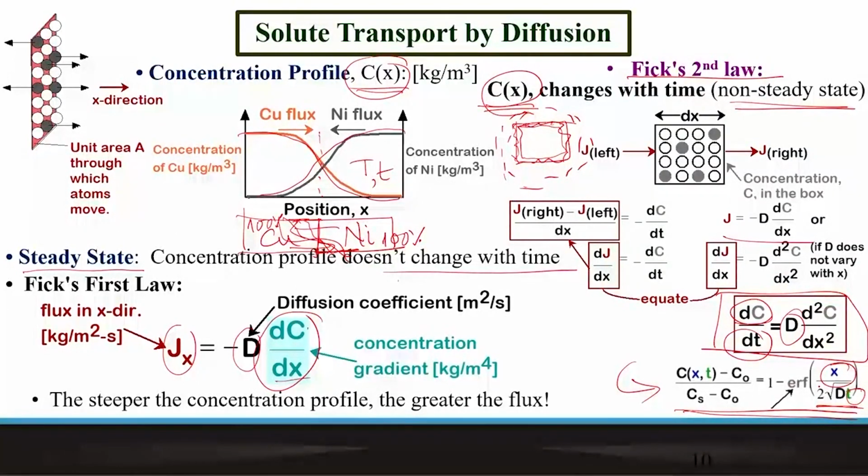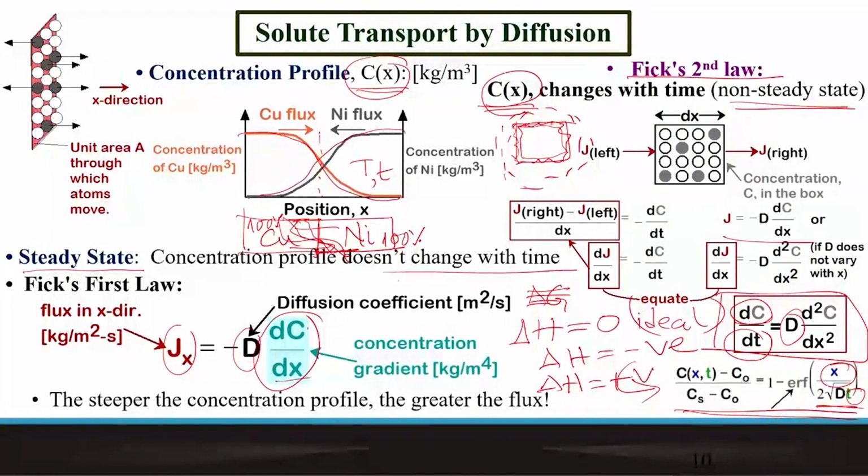Now there's one other important thing to be mentioned: all along we have been referring to concentration as a guideline for diffusion, and we mentioned that diffusion always occurs down the concentration gradient. But this is typically true in cases where, for example, delta H, the enthalpy of mixing, is 0 and the solution behaves as ideal. So there's no problem, diffusion always will occur down the concentration gradient. But when delta H is negative, then also there is no problem. But when delta H is positive, in the rare case which refers typically to the